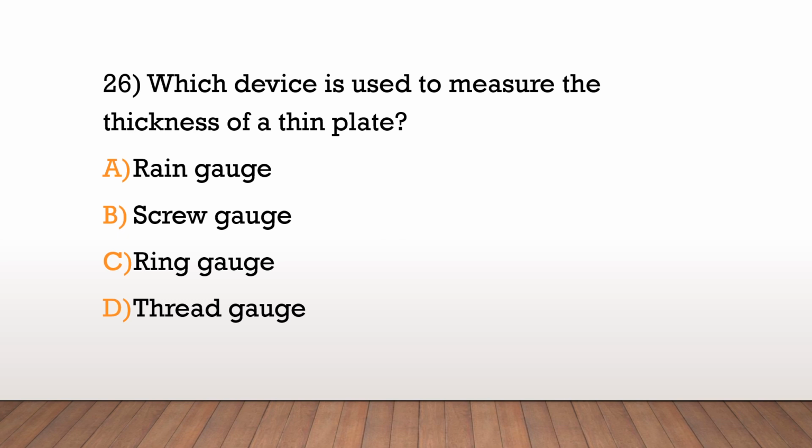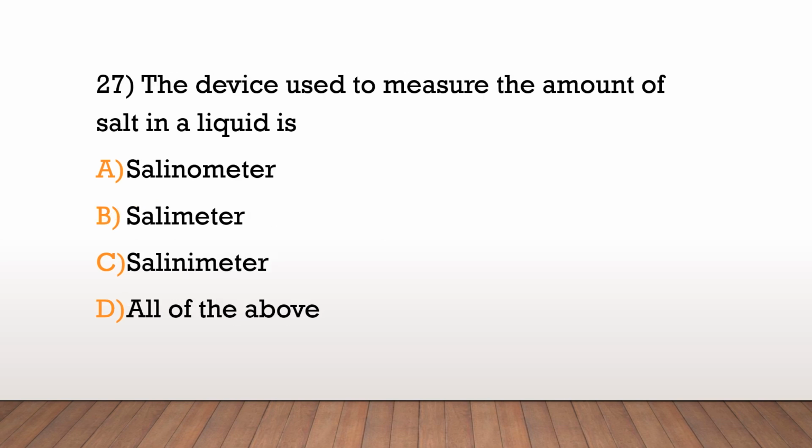Next question is which device is used to measure the thickness of a thin plate? Option A, rain gauge, B, screw gauge, C, ring gauge, or D, thread gauge. The answer is B, screw gauge. The next question is the device used to measure the amount of salt in a liquid is A, salinometer, B, salimeter, C, salinimeter, or D, all of the above. The answer is